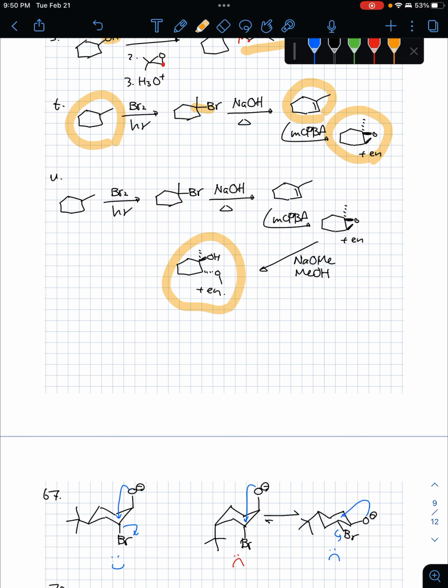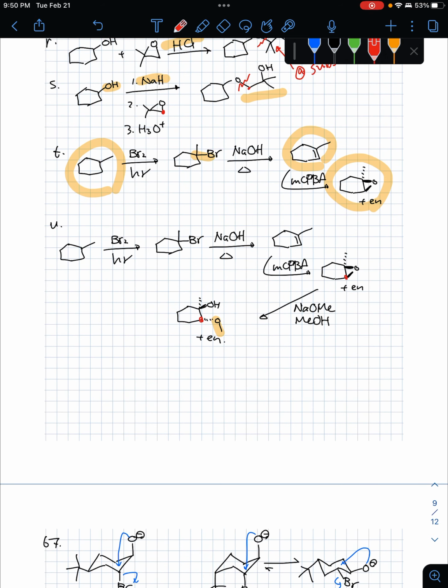Now, if we have access to this epoxide, you can open that under basic conditions to produce the product here. Now, how do I know that this requires basic conditions and not acidic conditions? Well, look here, here's the nucleophile that must have opened the epoxide, the methoxide, right? The nucleophile is added at the less hindered carbon, so that happens under basic conditions. If it was the other way around, if it opened at the more substituted carbon, that would happen under acidic conditions. So hopefully this